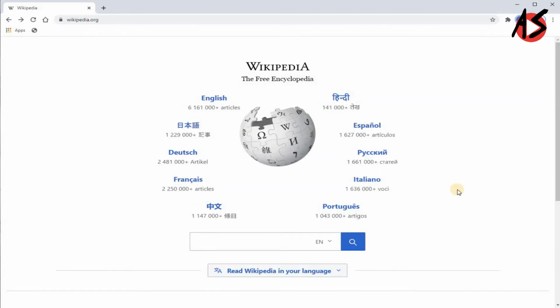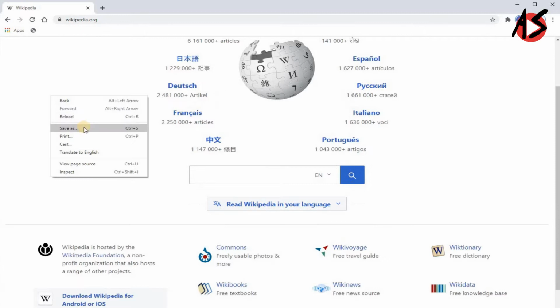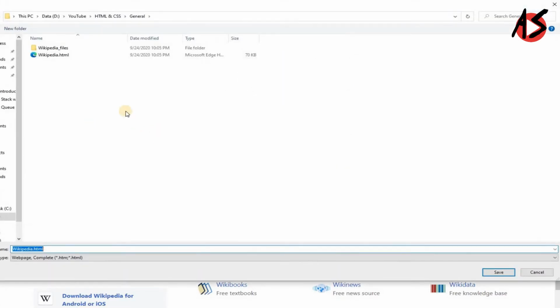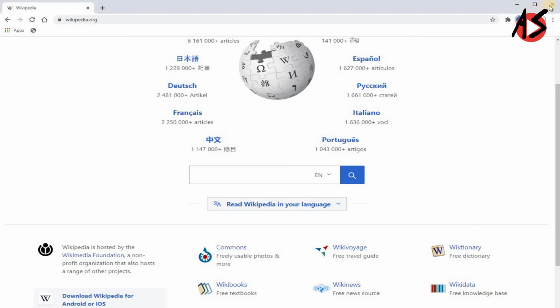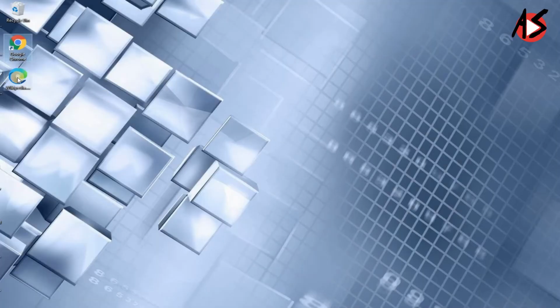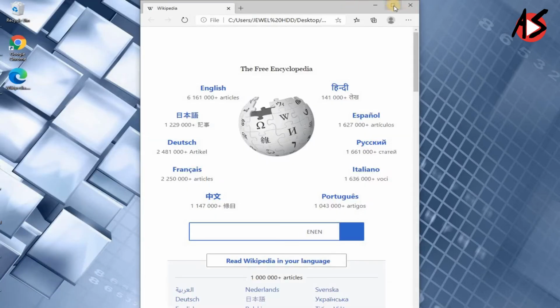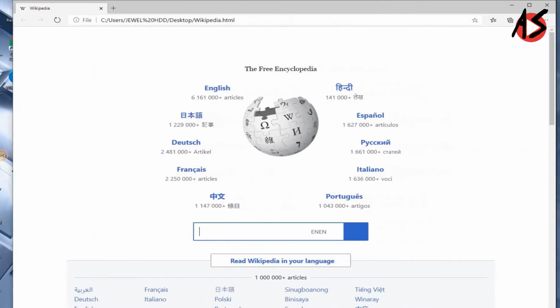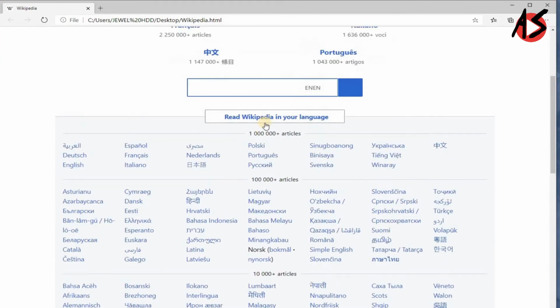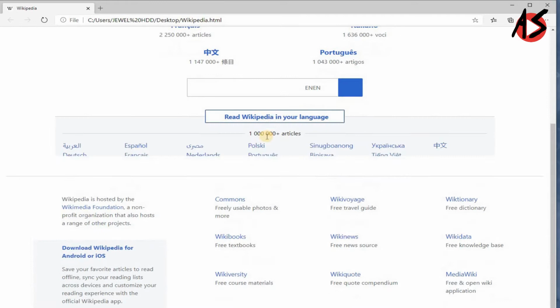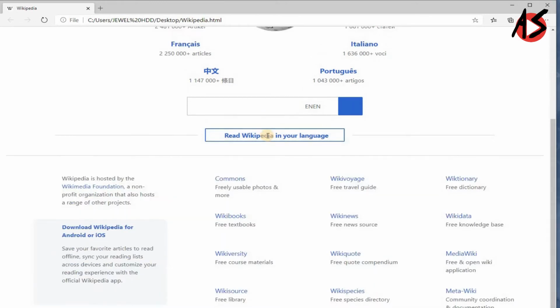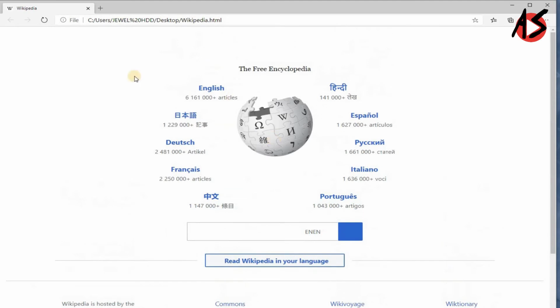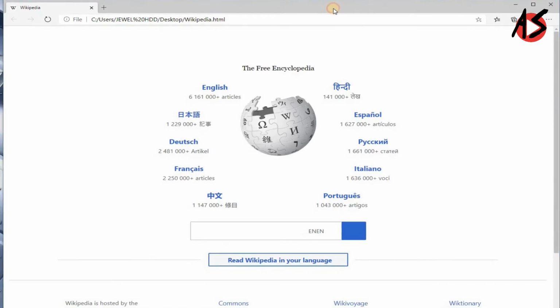And if you save this page to your local drive, say on my desktop, I am saving the page and I can open it from my computer offline. You can get the same page here. So I'll just make it bigger, and you can see you can even expand the languages and shrink the languages, expand and shrink, so everything is working fine. So now we will do some experiments on this page.